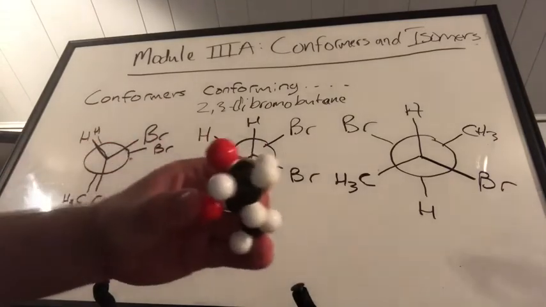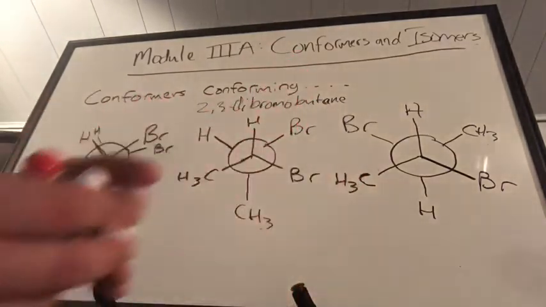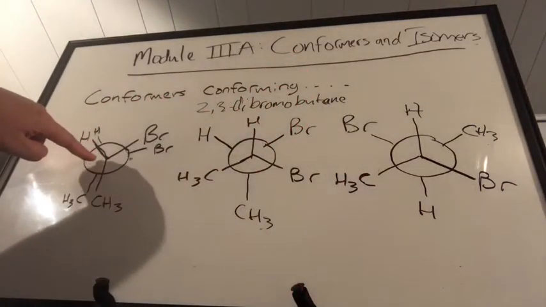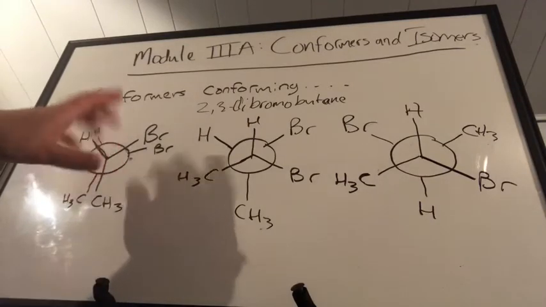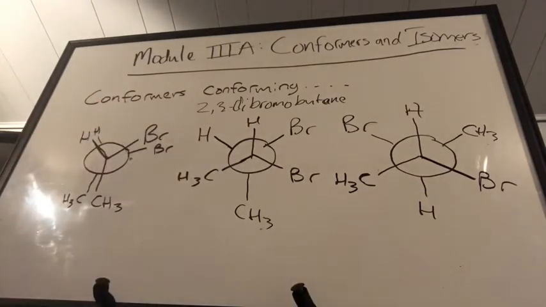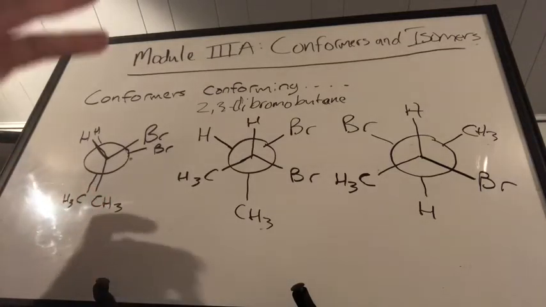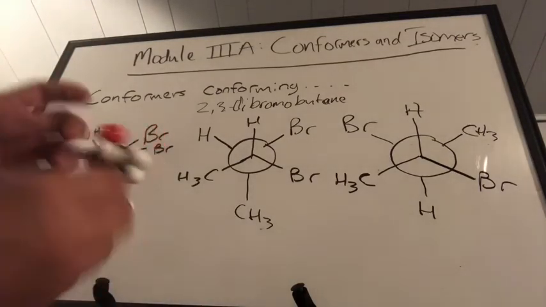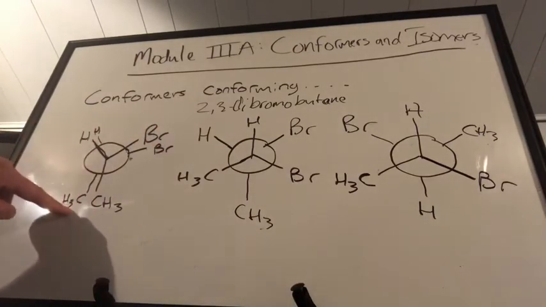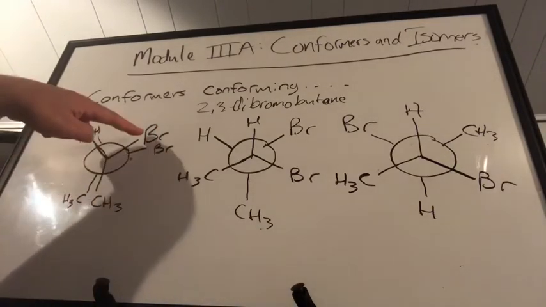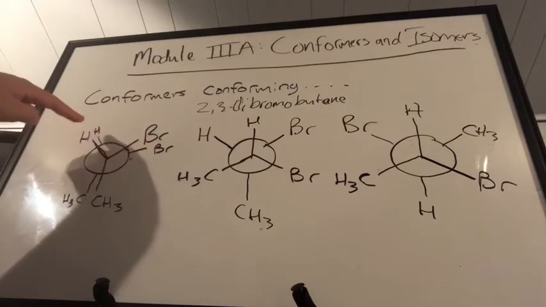So if you were to look at what's over here, this is what is referred to as an eclipse conformer. So that means everything is basically covering one another. These CH3 groups are covering this CH3 group, this bromine group is covering this bromine group, this hydrogen is covering